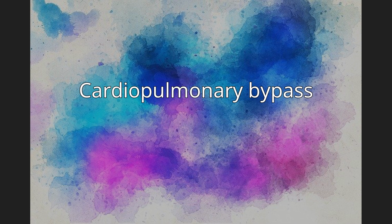CPB is a form of extracorporeal circulation. Extracorporeal membrane oxygenation is generally used for longer-term treatment. CPB mechanically circulates and oxygenates blood for the body while bypassing the heart and lungs. It uses a heart-lung machine to maintain perfusion to other body organs and tissues, while the surgeon works in a bloodless surgical field. The surgeon places a cannula in the right atrium, vena cava, or femoral vein to withdraw blood